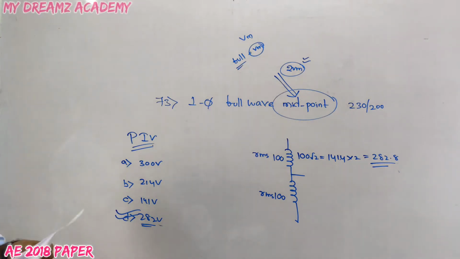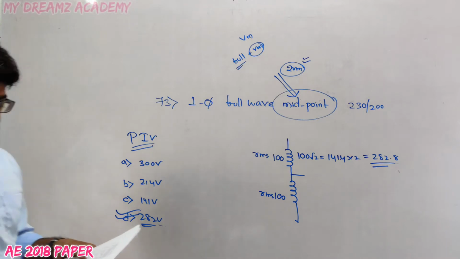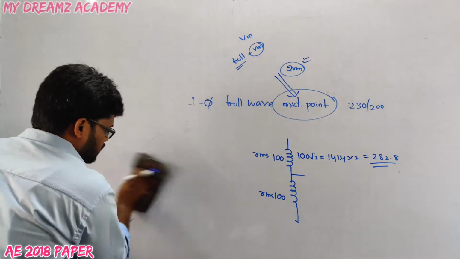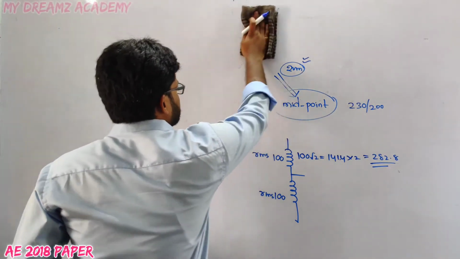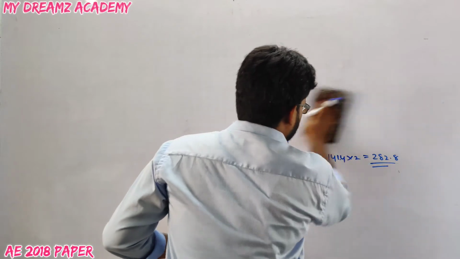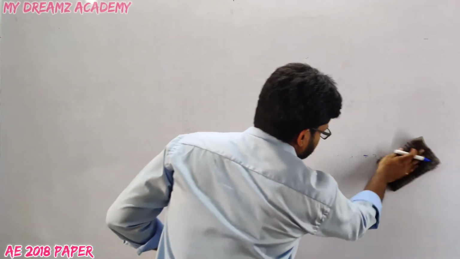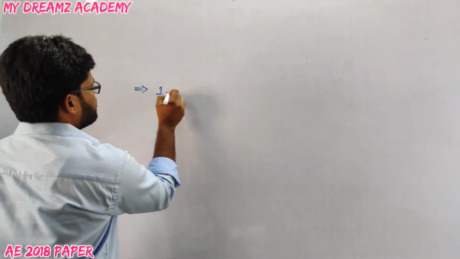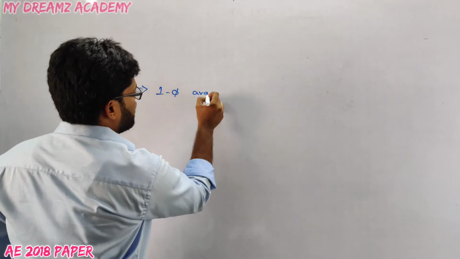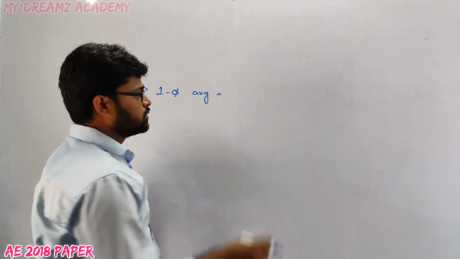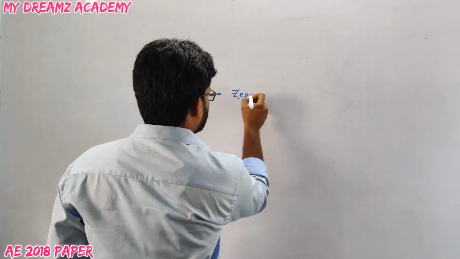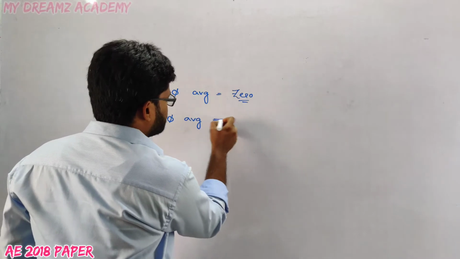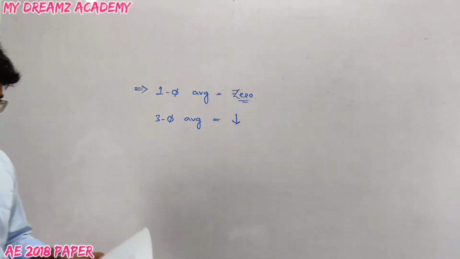Now question number 74. The effect of source inductance on the performance of a three-phase controlled converter. If source inductance is present in a single phase full converter, the average value of voltage during that duration will become 0. But in a three phase, the average value will decrease. Now I will read out the options.